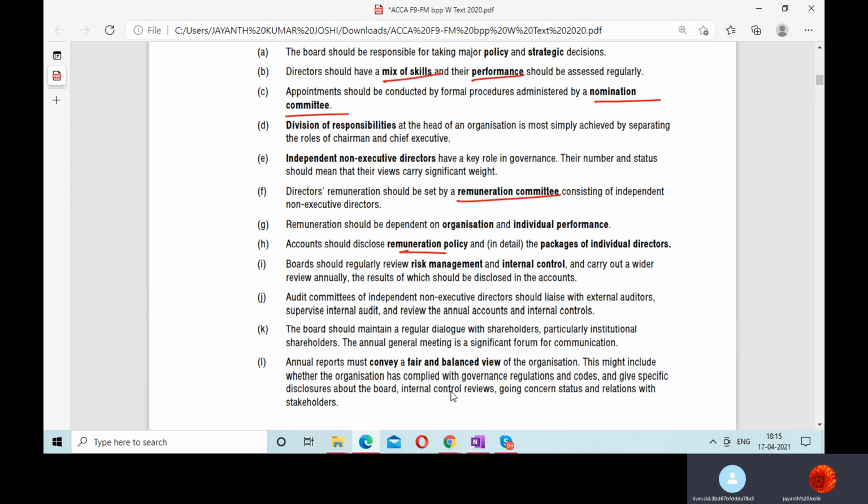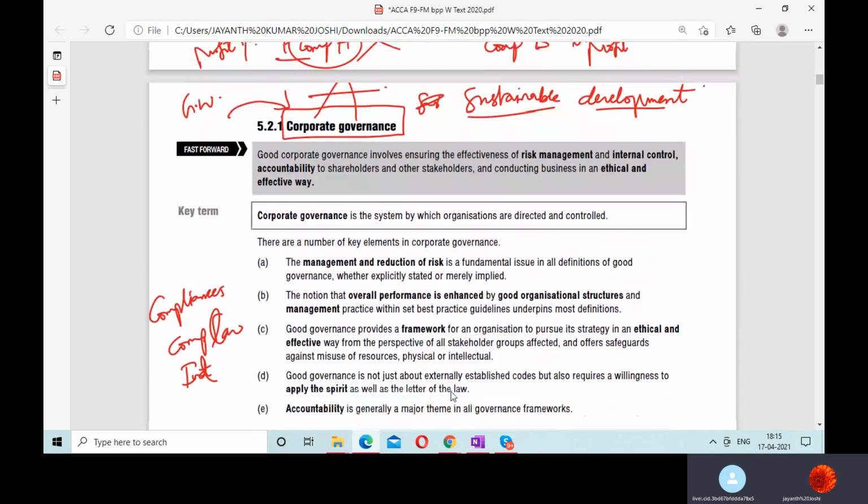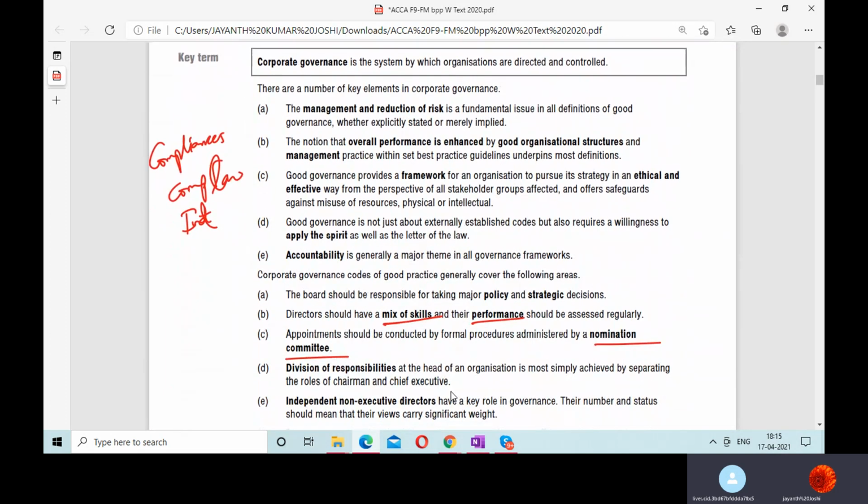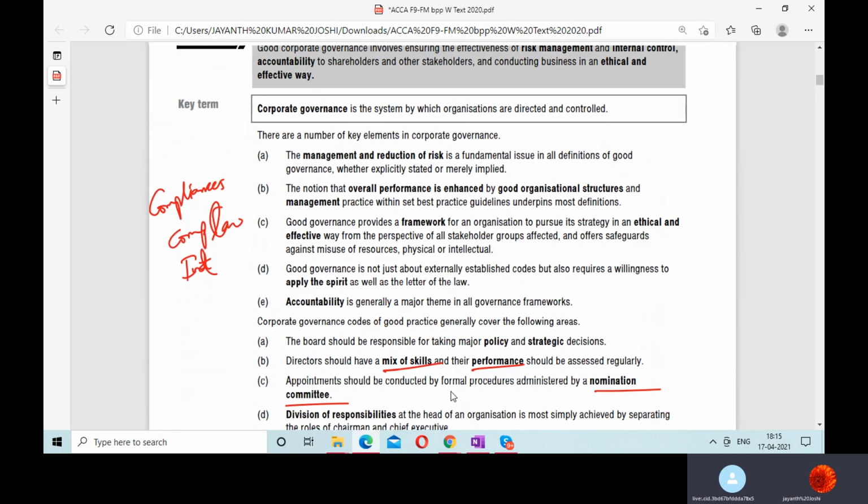Greater autonomy to one person should not be given. There should be decentralization in the organization, correct? And the remuneration committee should decide how much remuneration should be given, not the will of an individual of the company. So all these things are the factors to be followed. See, I already gave you a very shortcut way to understand: if you follow all the laws, there is corporate governance. Okay.